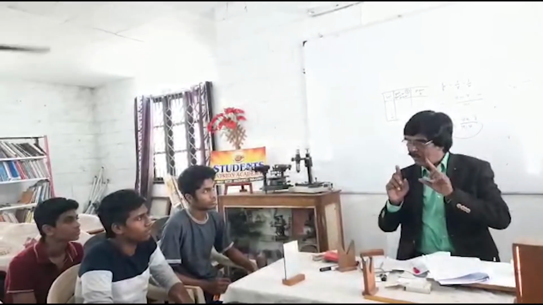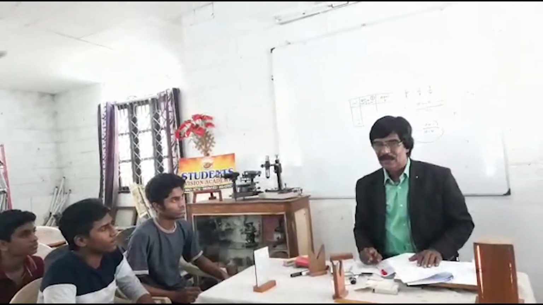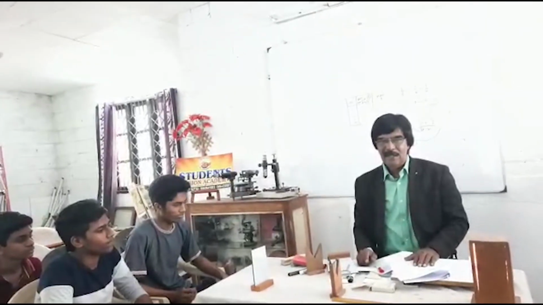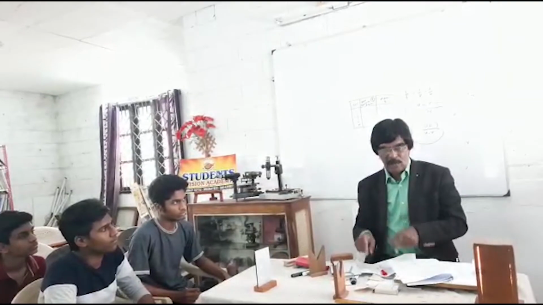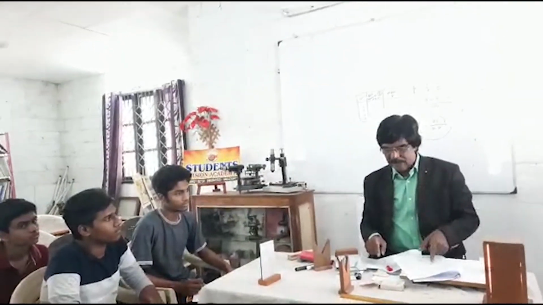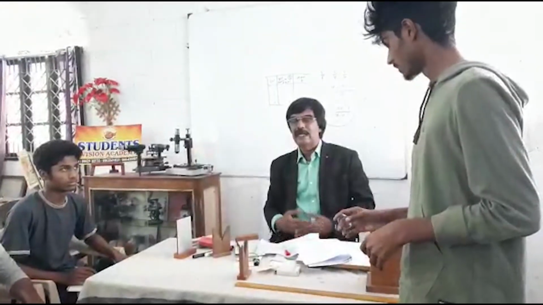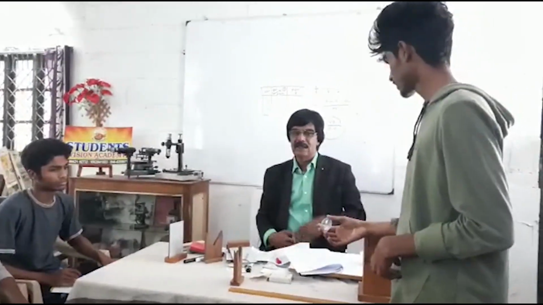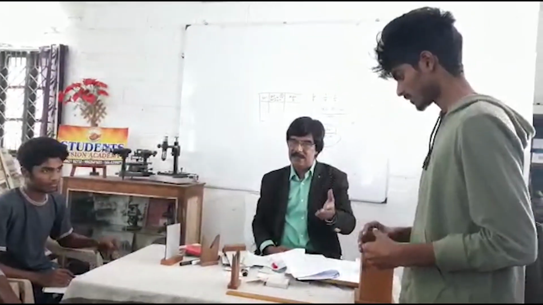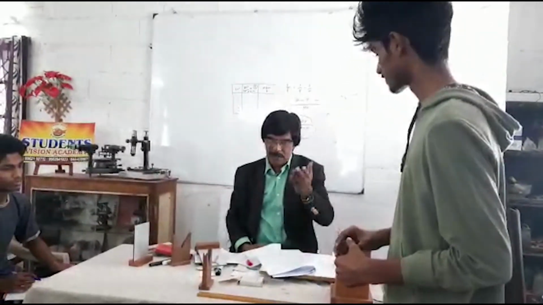Now, as far as your practical exam is concerned, only the distant object. For better knowledge, I taught this. Now, one of you is going to explain the distant object experiment. You come here, stand here and explain. Focal length of what? Focal length of the convex lens. A convex lens is in your hand. You are going to measure the principal focal length of this convex lens. What are you going to do?